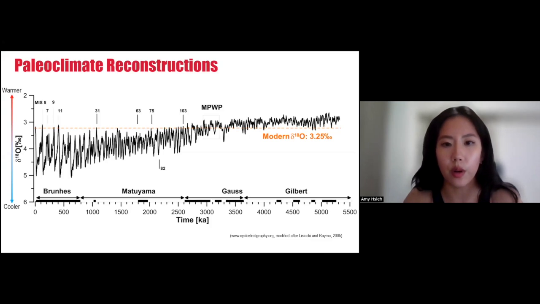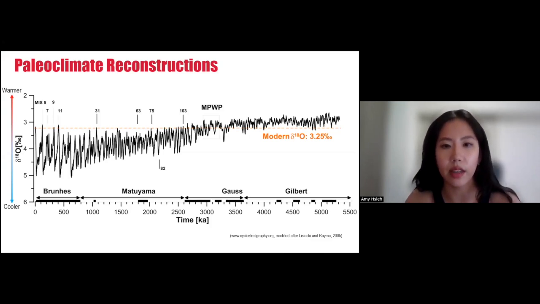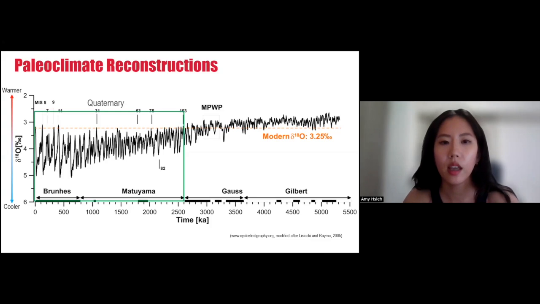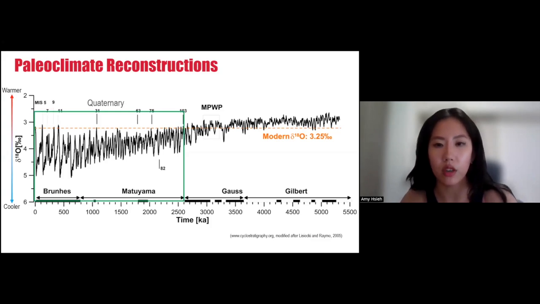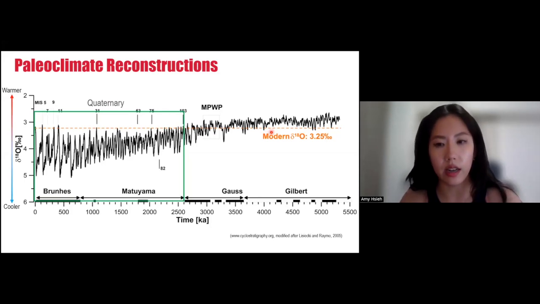So as we all know, Earth is rapidly warming in the present day due to an exponential rise in greenhouse gas emissions. And we really need to understand how extreme weather events like tropical cyclones and monsoons are going to respond to the warming climate. And many climate reconstructions are based on quaternary data, but global temperatures during this time were actually relatively cool. And this is us in the orange line here. And we really need to understand the impacts under global warming.